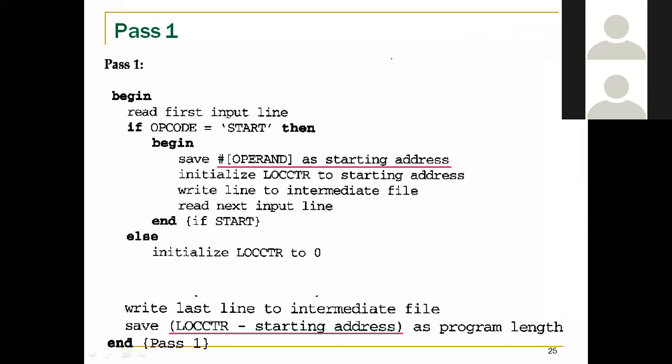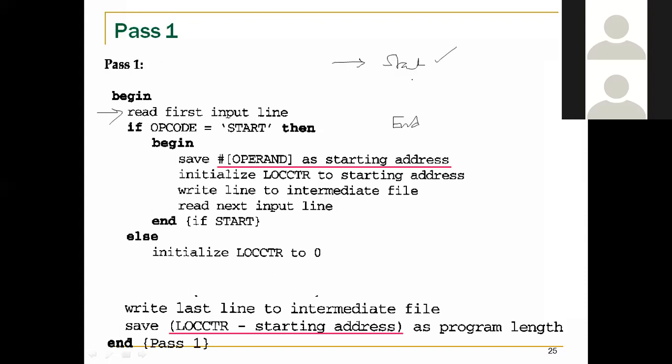We know that our program begins with the START assembler directive and it ends with the END assembler directive. When I read the first line, the first line may contain the START assembler directive. So the first part of our algorithm is for processing the START assembler directive. We will begin by reading the first input line.